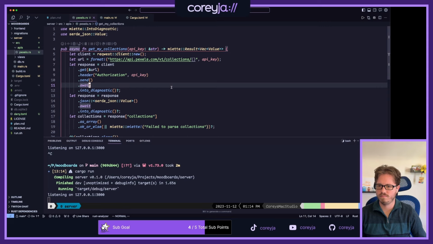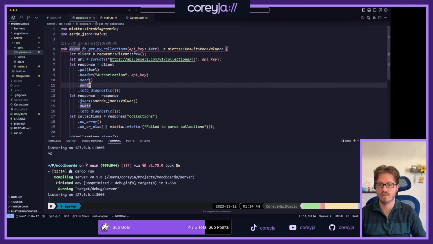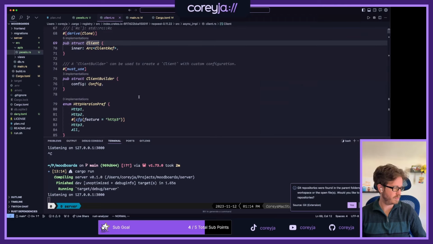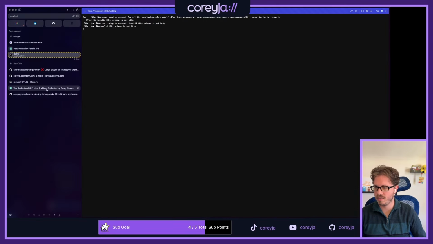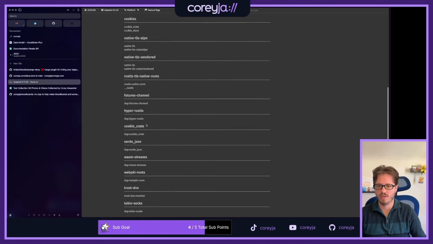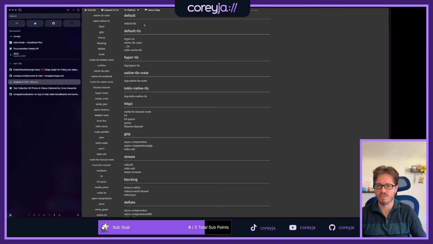Oh, panics if it can't be initialized or if the resolver can't load. Okay, client builder. Okay, so I could be using the client builder instead, maybe. But also, did I just not enable the right things? Because it feels like I maybe just didn't enable all the right things. What is the defaults? It does default TLS. Oh, okay. Well,